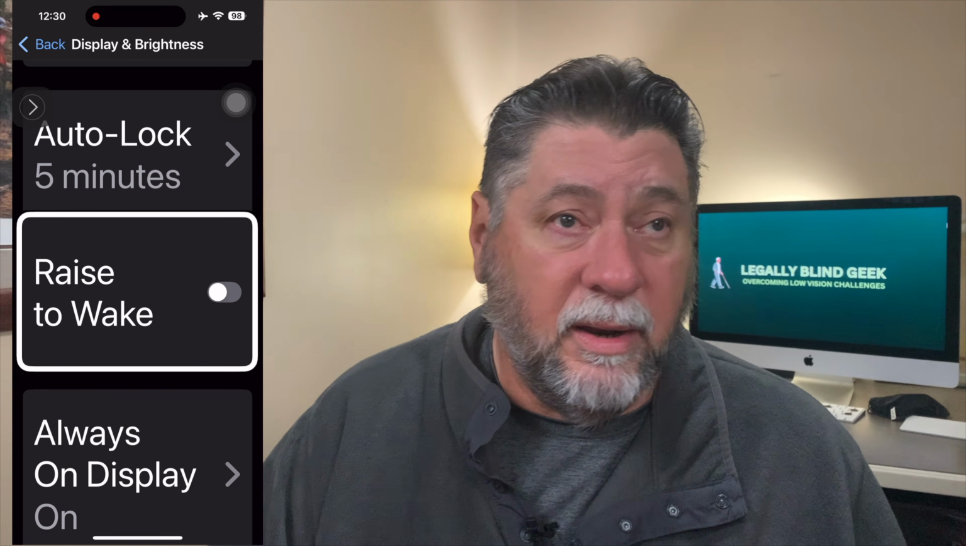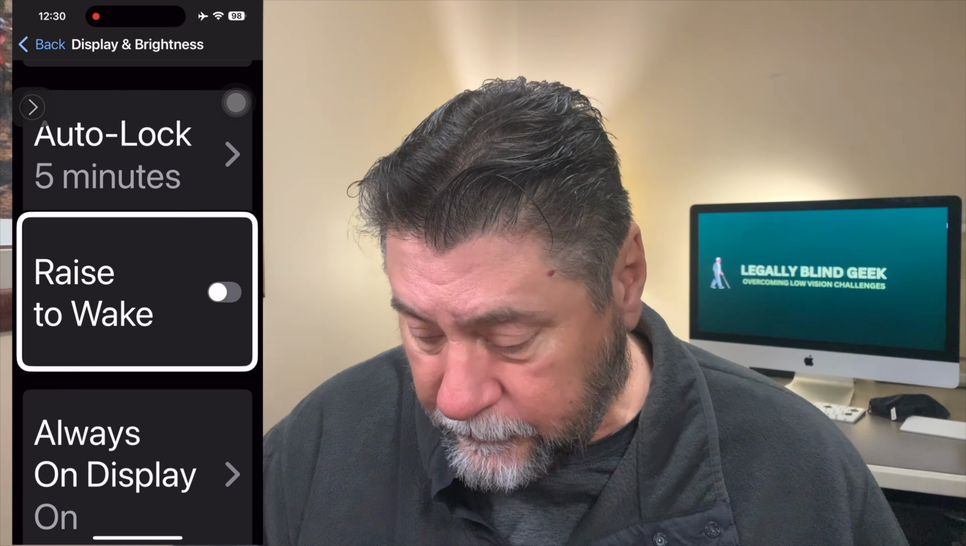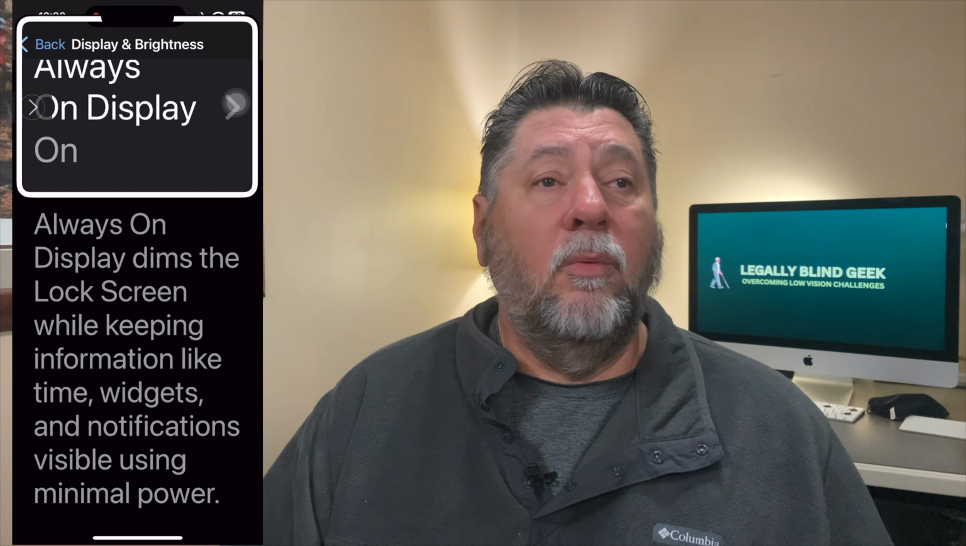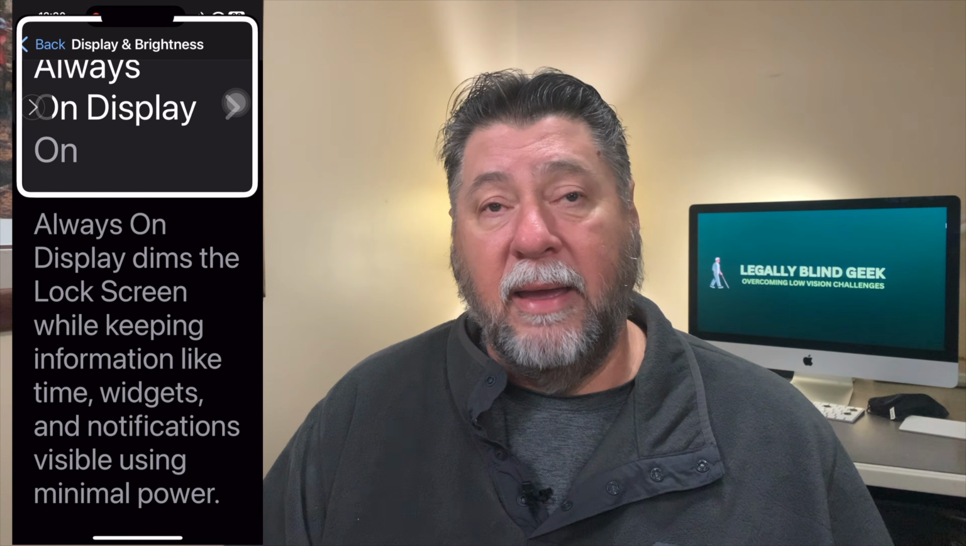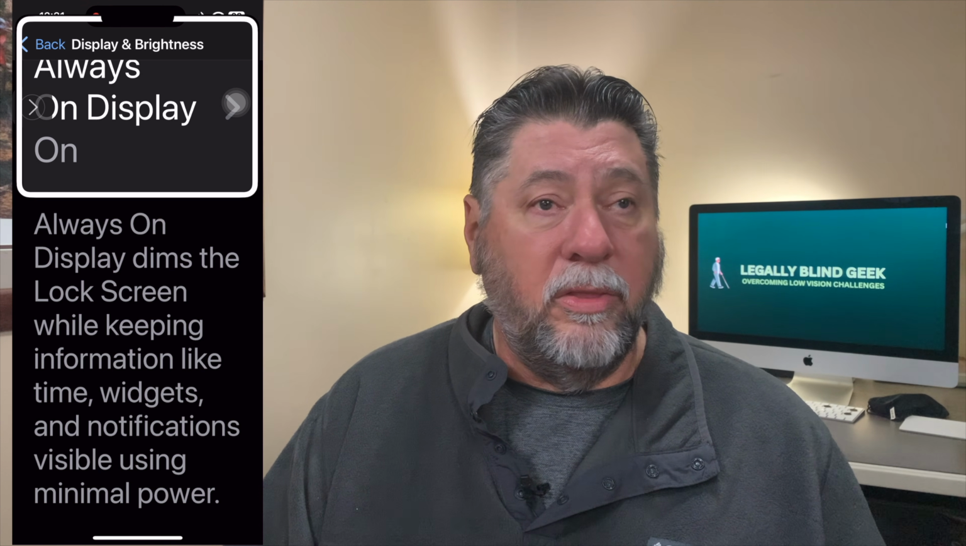That's what it does. It unlocks the screen, and you're ready to tell it whatever you wanted to tell it if you use Siri. Raise to wake, always on display, on, button. Here's where you turn the always on display on. I use that because I like to keep the clock visible, the calendar, and the weather visible on the screen,